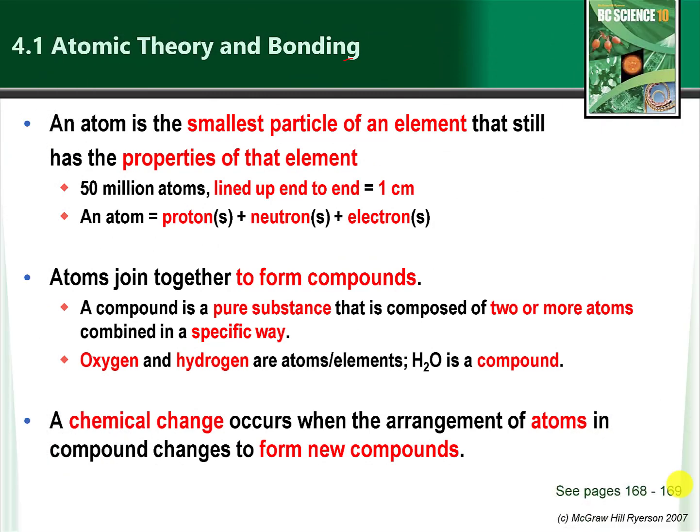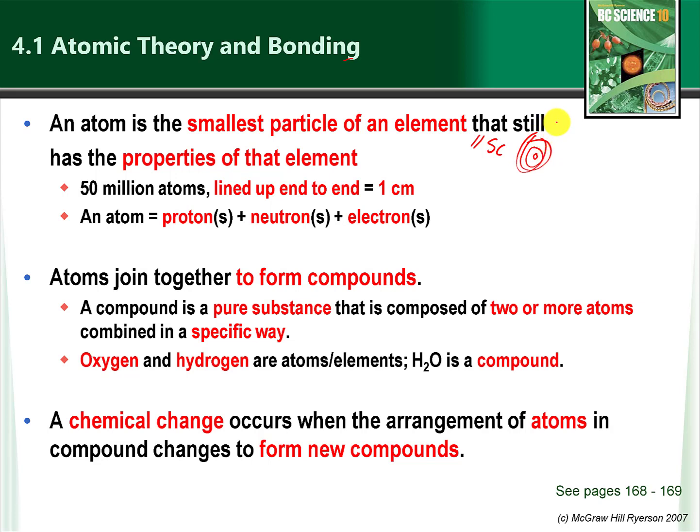Welcome back, and we're going to start on with atomic theory. We did this yesterday. An atom is the smallest particle of the element. This is the stuff that we learned in Science 9, and that if you chop it up, it's still going to be more atoms. And once you got down to just the one atom with all the circles on it,